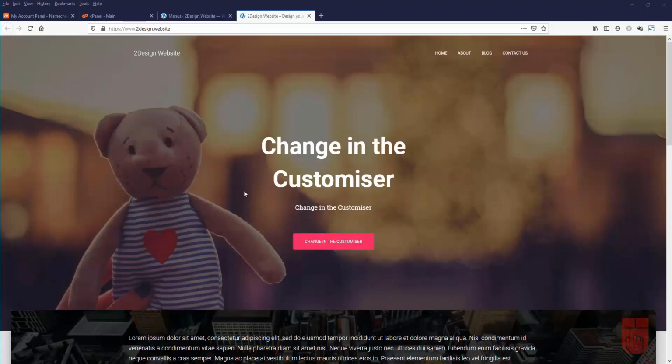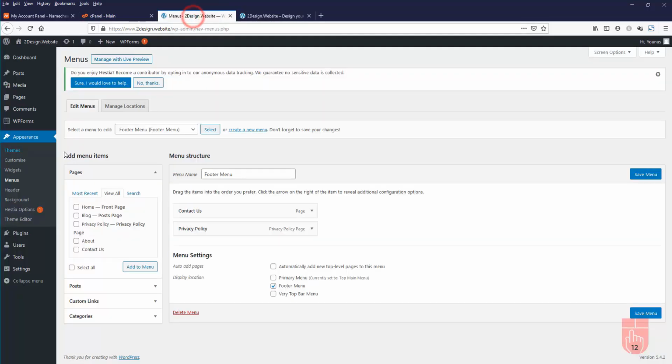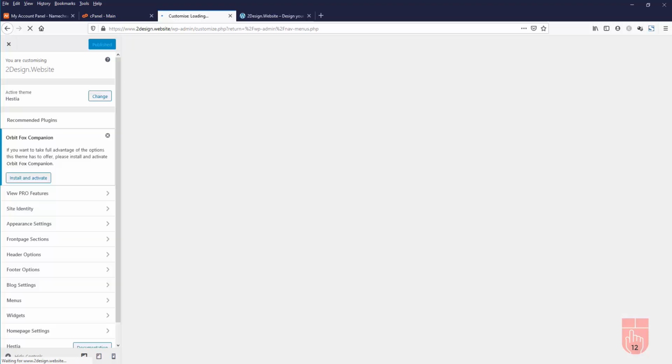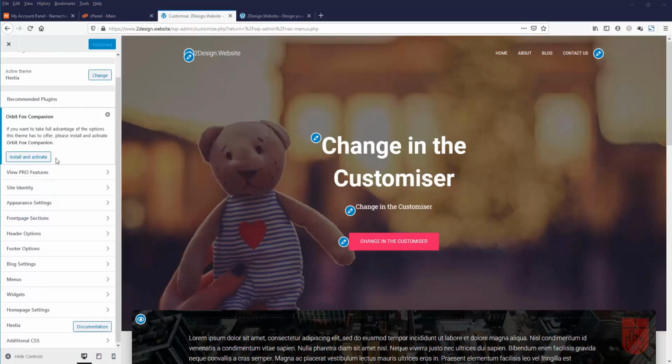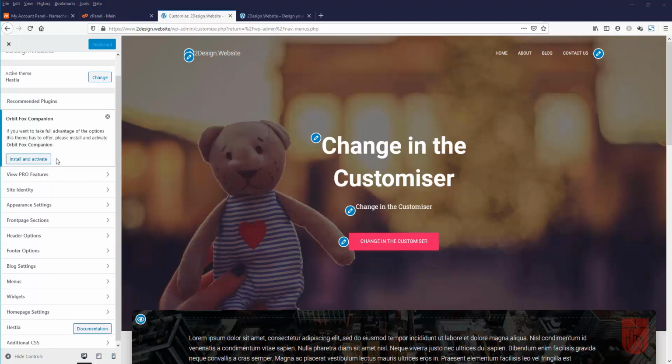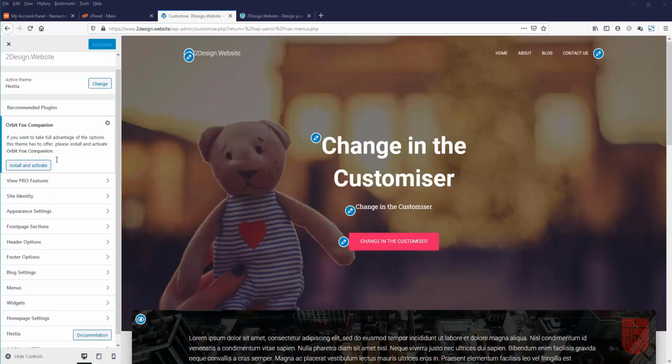In this video, I'm going to show you how to customize a theme in WordPress. The customization options and features could be different in different themes. In Appearance section, click on the Customize link to customize your theme. If you use a different theme, the options that you see with my theme here may not exactly match with